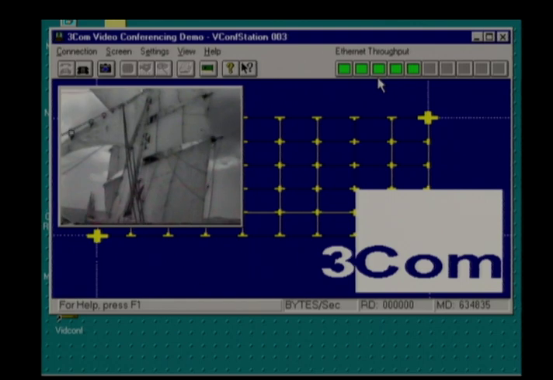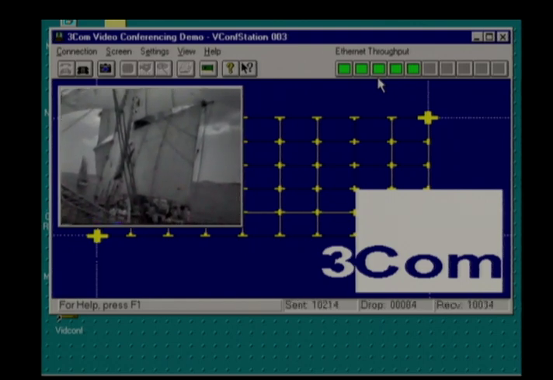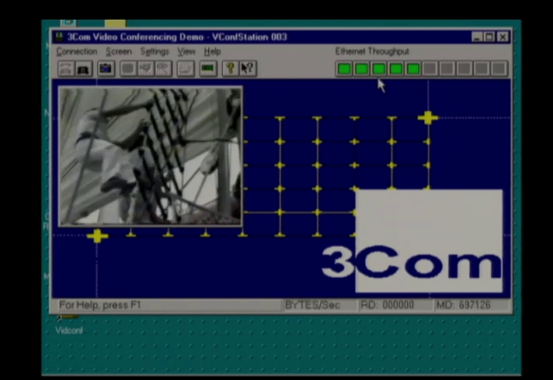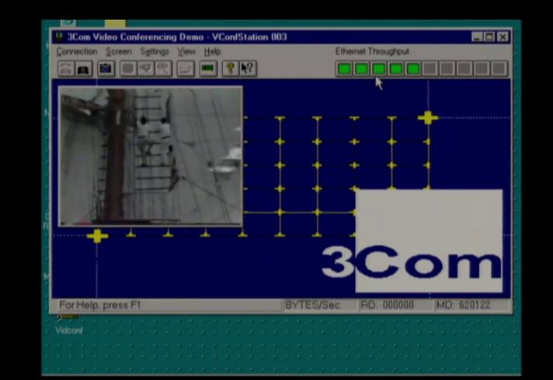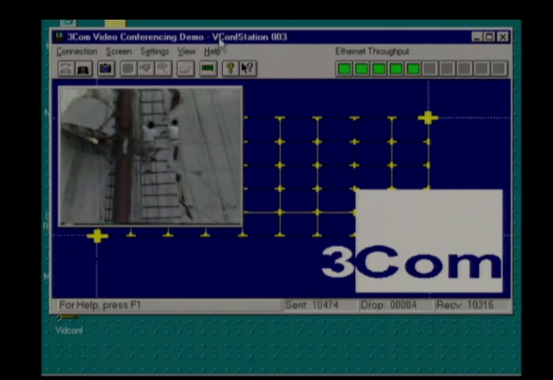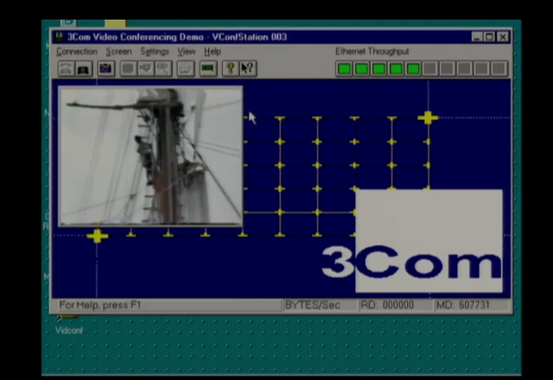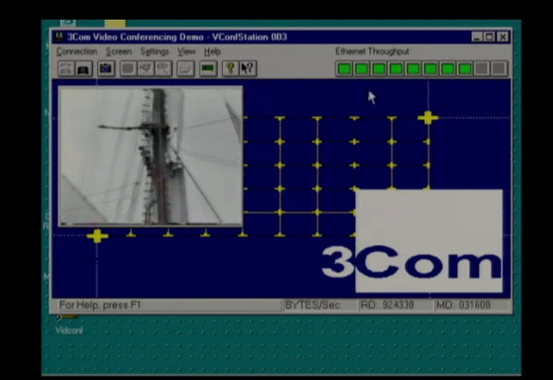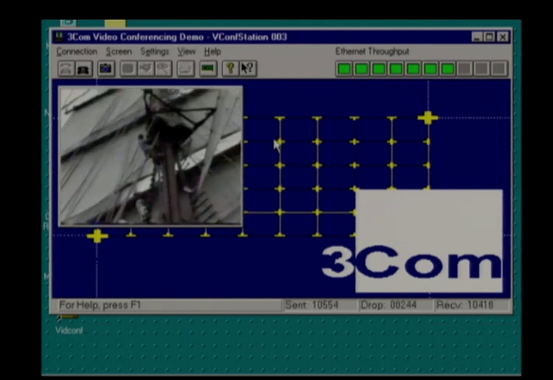So what we can do is set the network to regular Ethernet and start transferring a video. As you can see, there are roughly 4 megabits of video traffic occurring on the network. The video and sound are fine. In fact, this is probably the way you've normally seen multimedia over Ethernet demonstrated, with a network that really isn't at high loading or full loading. However, we're going to start up the data loading part of the application. And now the two systems will start transmitting large amounts of data in addition to the multimedia. So as you can see, the utilization of the network is now much higher, and the video and sound are breaking up substantially.